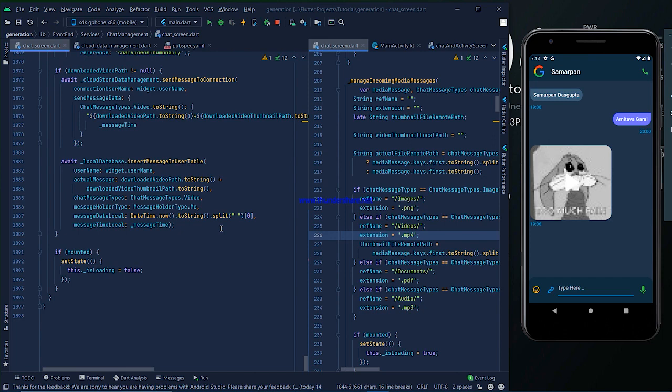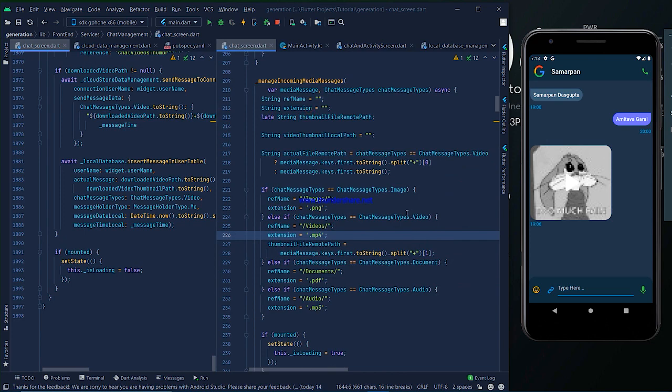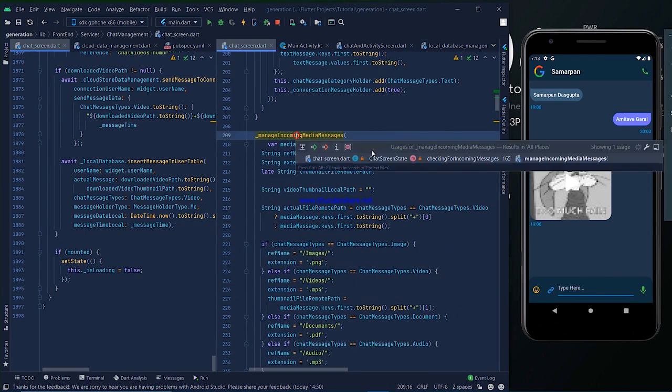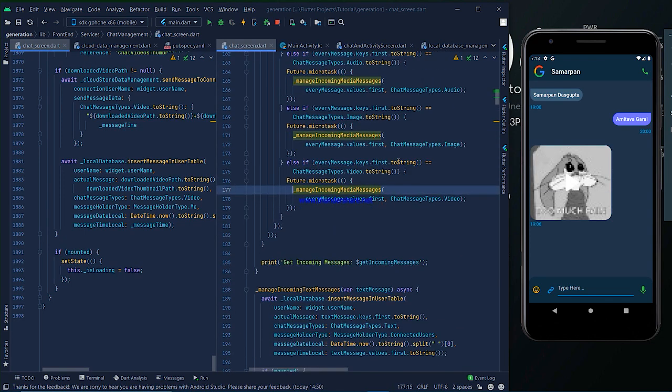So that's all about sending the video, and now we have to see the code for receiving the video. Come back here. In the previous video, if the message type is image, we switch to the method manage incoming media messages. Now we have to check for video messages, if the message type is video.